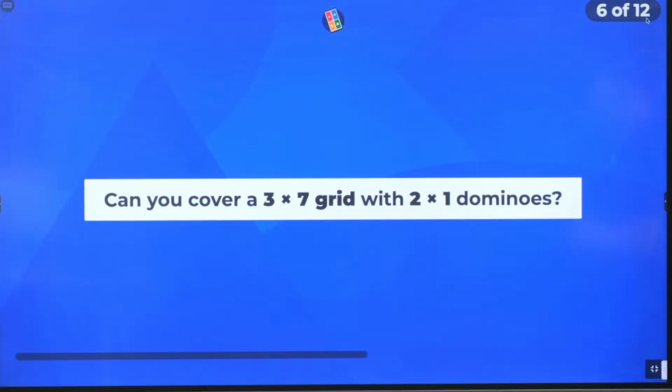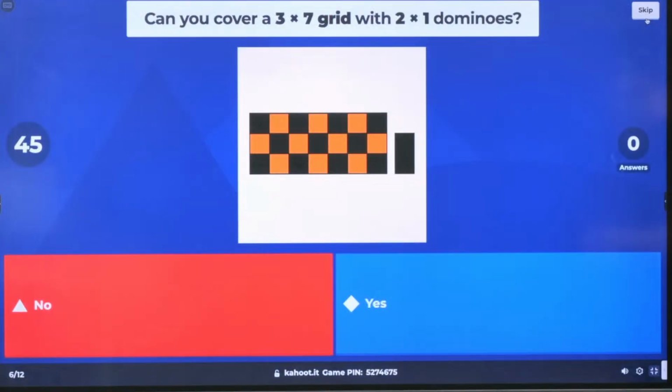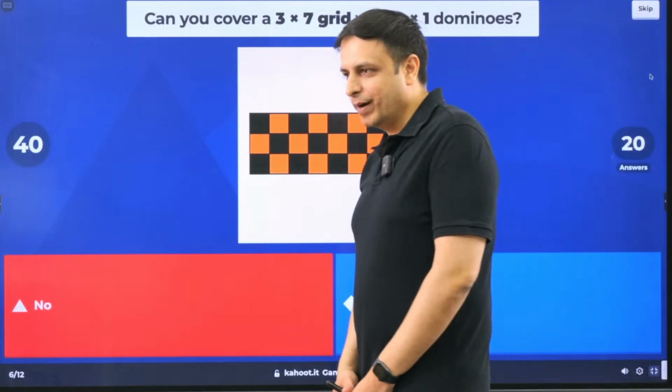Can you cover a 3x7 grid with 2x1 dominoes? Simple question. Hope everybody gets this one right.